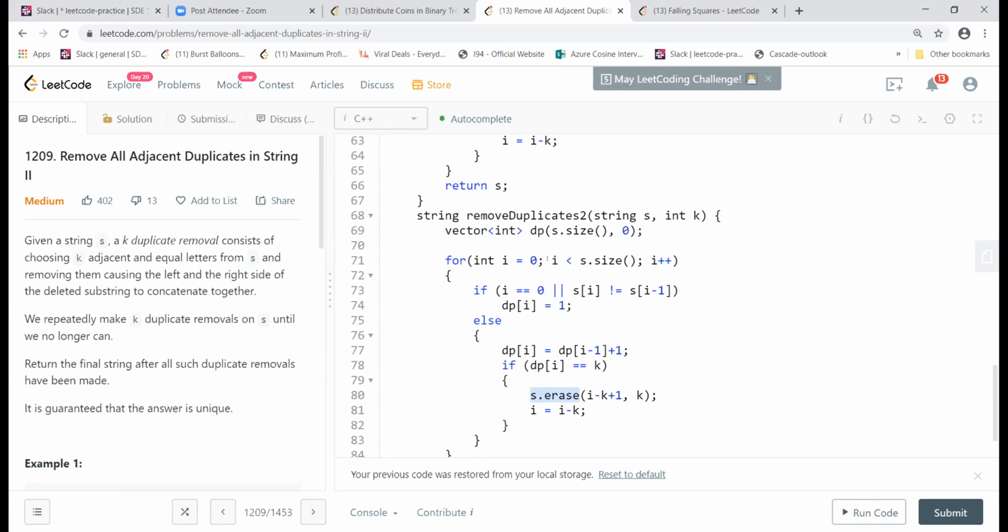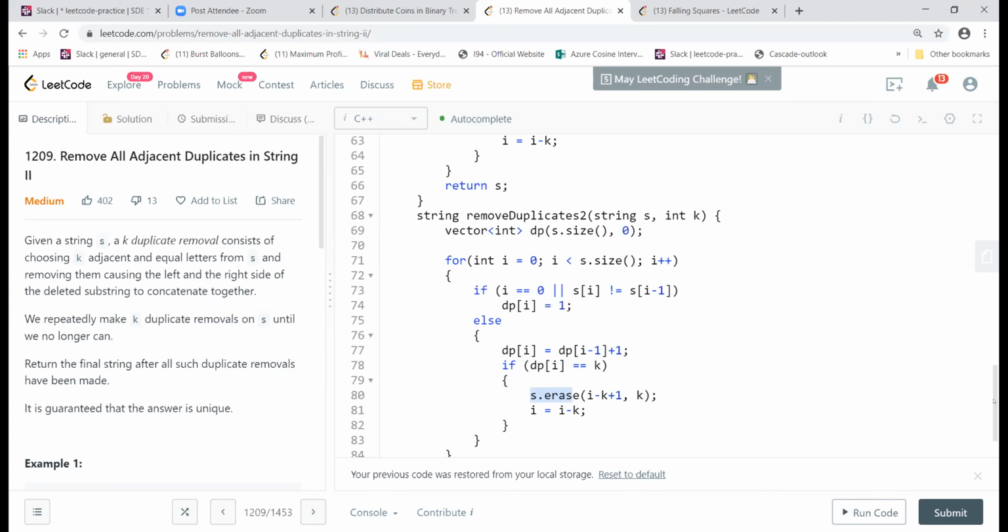I use a vector and then I check whether the earlier ones are not matching, then start with 1, or else you keep on adding it. If I find its k value, then I erase, so I know that these are duplicates. But when I'm doing a string erase, your string size changes, so I can't use any fixed value over here, or else it messes up. Earlier I was using int n equal to s.size, and it wasn't working. I didn't like it. You have to erase it in the middle and again work on that string.